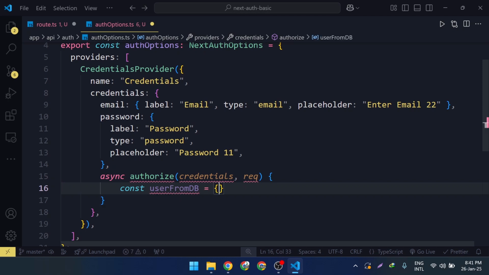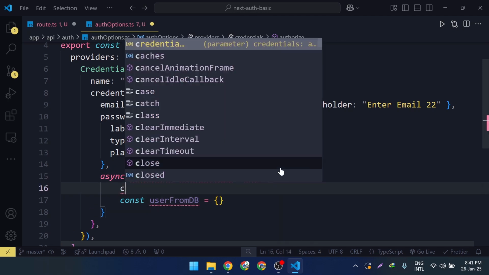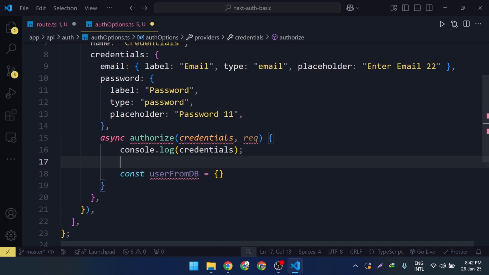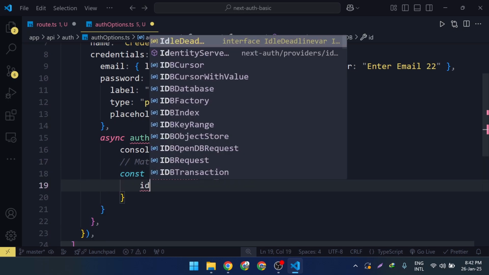I'm simulating this: if we console log credentials here, then we can see the form values coming, and we can see it in the backend, this is the Next.js backend. And suppose then we do some database work to see whether the user ID and password match, and match the user ID and password in this area. Then suppose we get back a user from the DB,